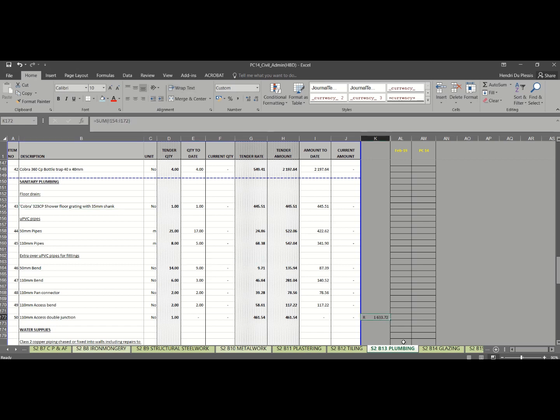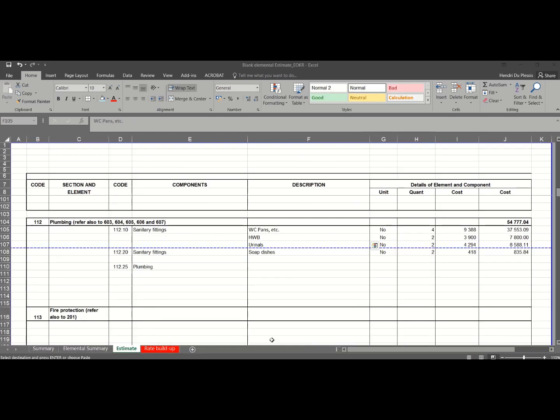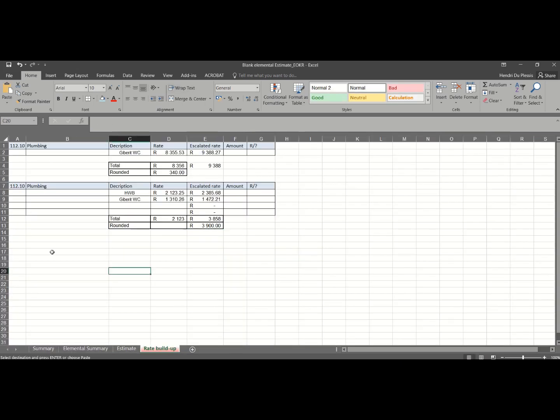So let's just get a rate here, and our building was 170 square meters. So what you would do is you take your rate, take it to your estimation, and you would create a,